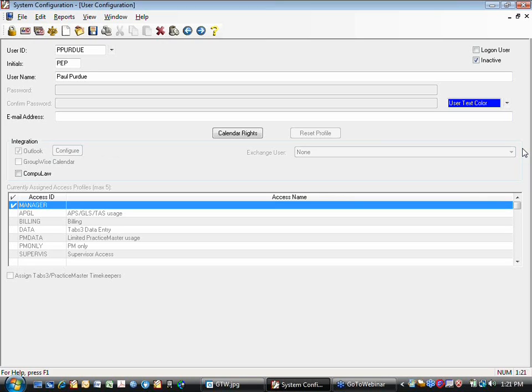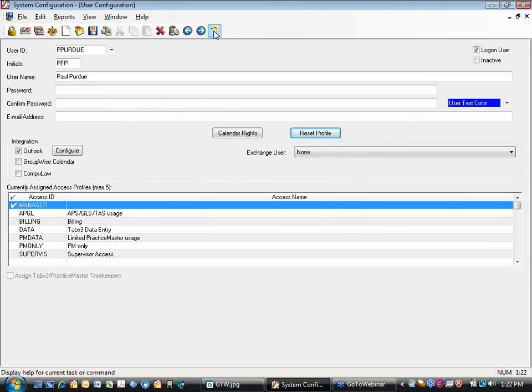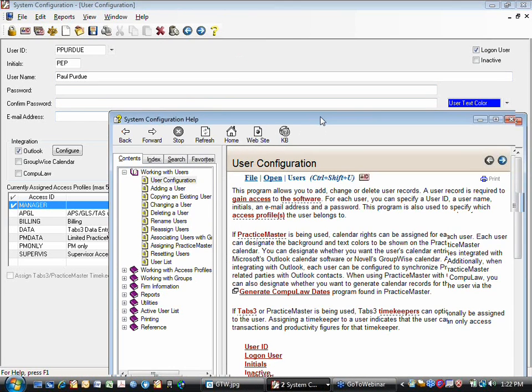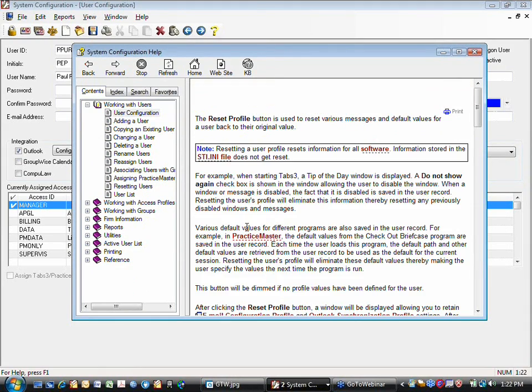So that's that. Then the other thing that I want to make sure that you understand here is this thing called Reset Profile that, when you're active, you can do, that will basically reset all the default settings tied to this user. Now, if you ask what does that mean, we can simply go into Help and look at Reset Profile, and